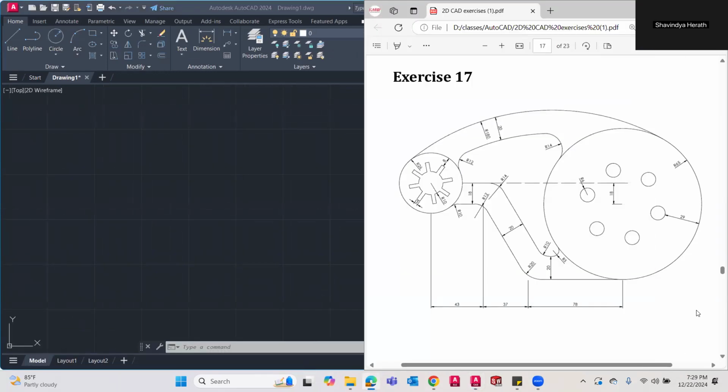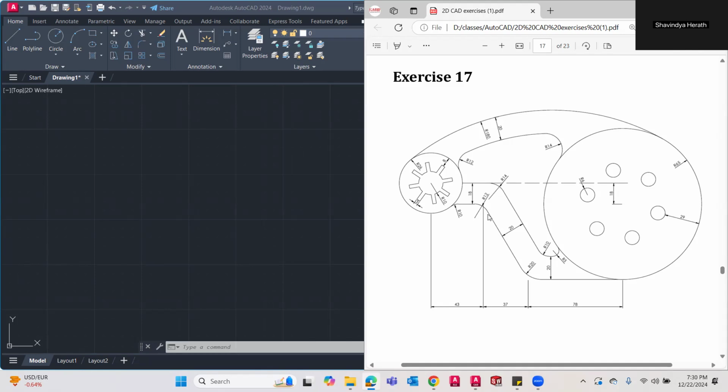Now, how am I going to plan this? Always we have to have a plan to do something. So I hope to do this using these two circles, and then I will draw this arc and these three arcs. After that, I will draw this part, and after that, I will draw whatever is inside these circles. Let's try it in that way.